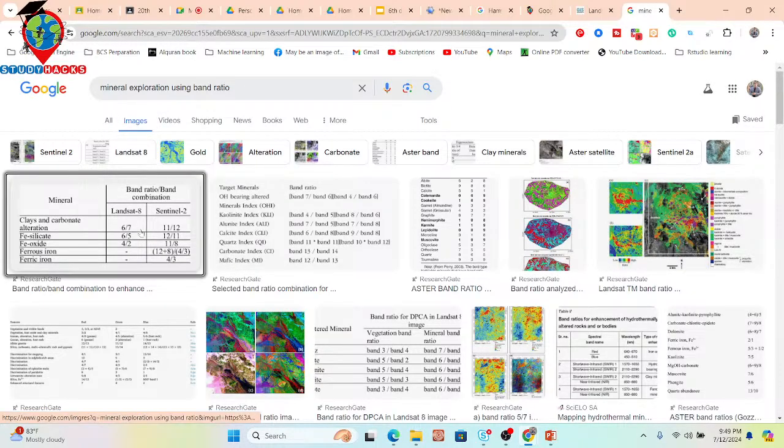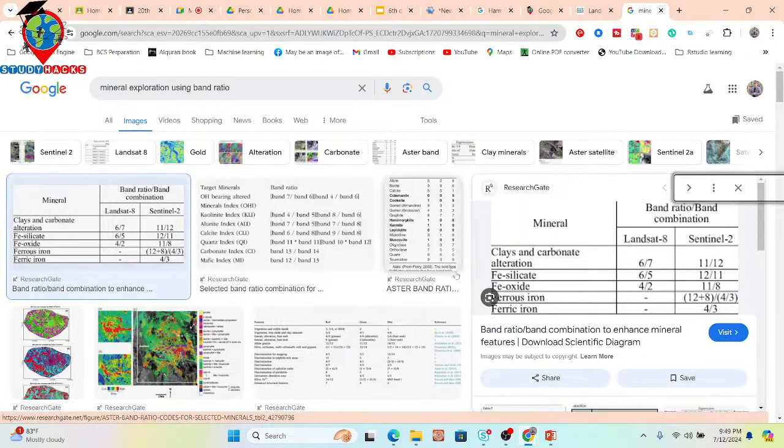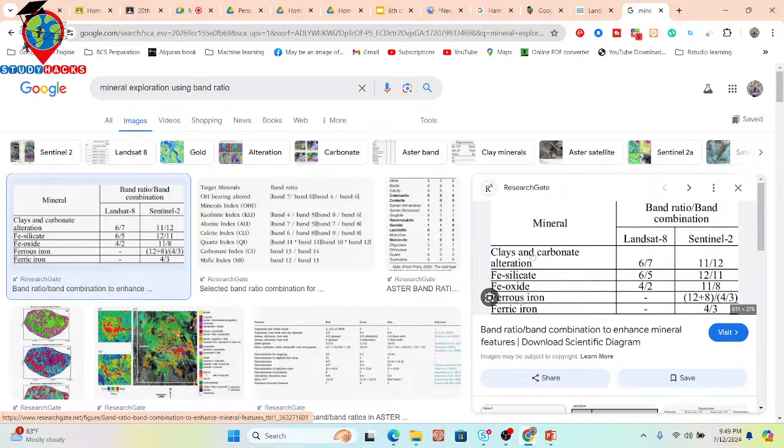Okay, so here you can see different types of band ratio for Landsat and Sentinel-2, such as clay and carbonate alteration. We can easily visualize when you want to use this type of band ratio. So basically, 6 is a band, mainly shortwave infrared 1 and shortwave infrared 2. When you put this shortwave infrared 1 and shortwave infrared 2 ratio, then we can easily identify the clays and carbonate